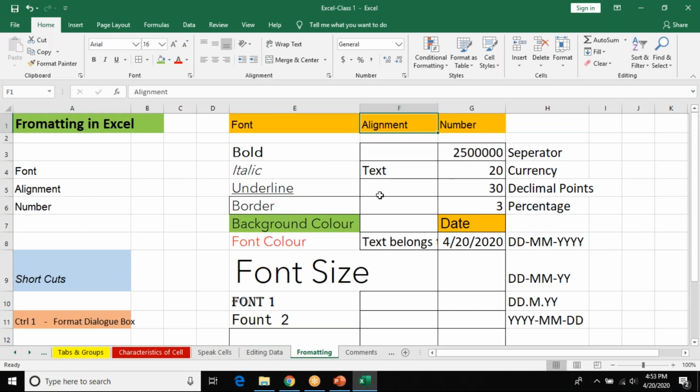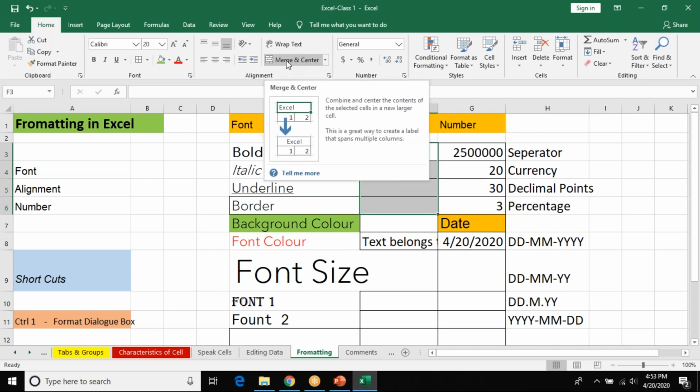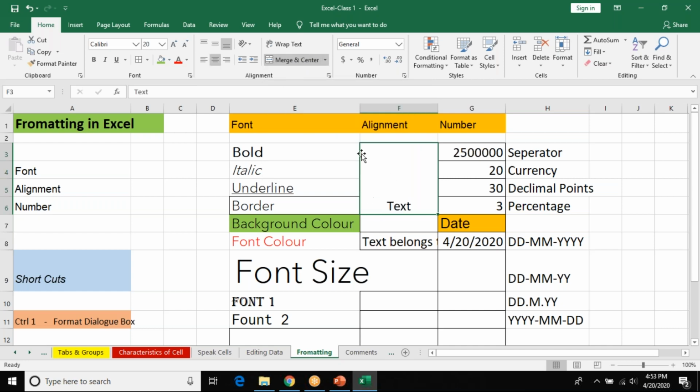Next is alignment. What exactly is alignment? If I want to select some cells over here, you have an option called merge and center. When I click on it, see what happens. All those cells will be merged and only that text will be there. If I want the text to be in the center, go over here, you have an option to put it as center. You want the text to be written vertically, you have this AB, click on AB, you have vertical text. You can click on it again and it goes back.